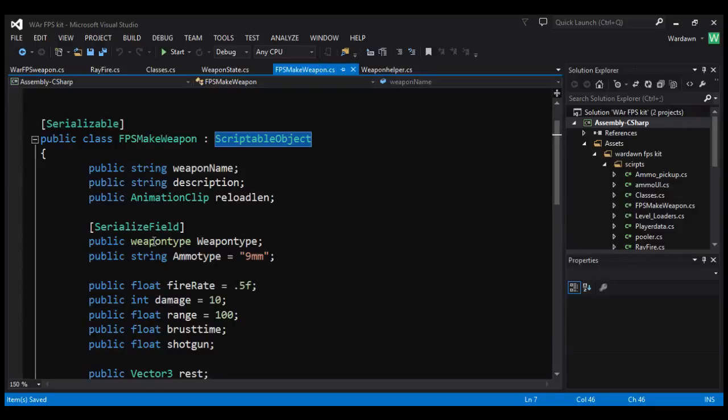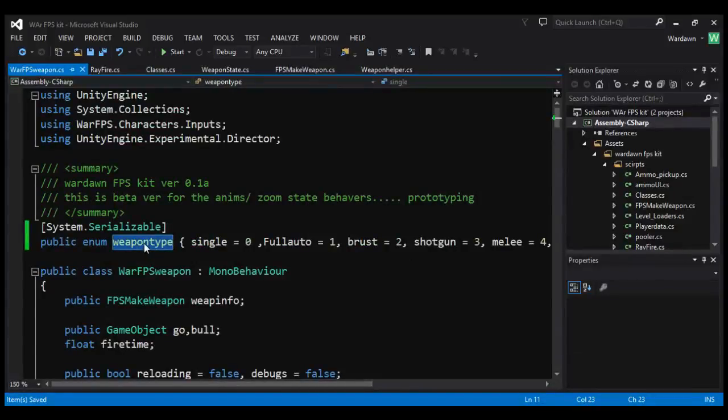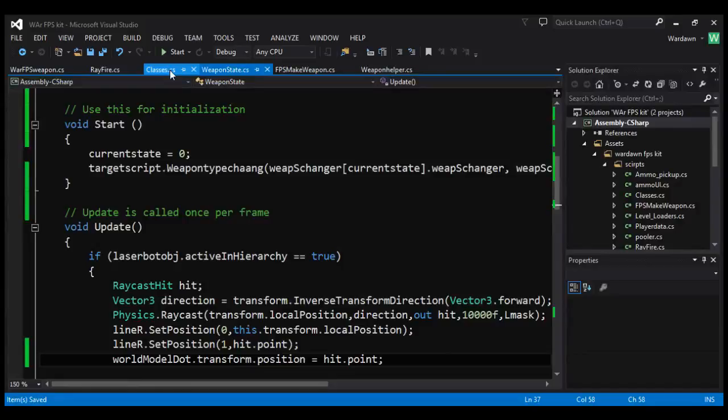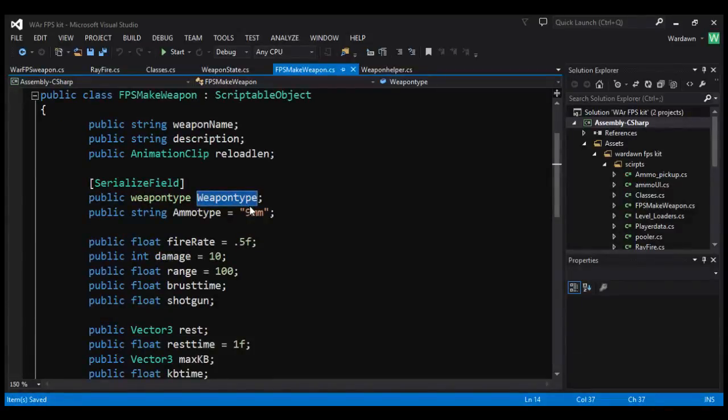Now this weapon type, this is a variable version of it. It's like calling, hey, I want an animation clip, give it to me in this variable. This is just basically what our weapon type is, which is coming from here. It's the enum itself. And we just make a variable so that way we can shift it around and everything else. This has to have one